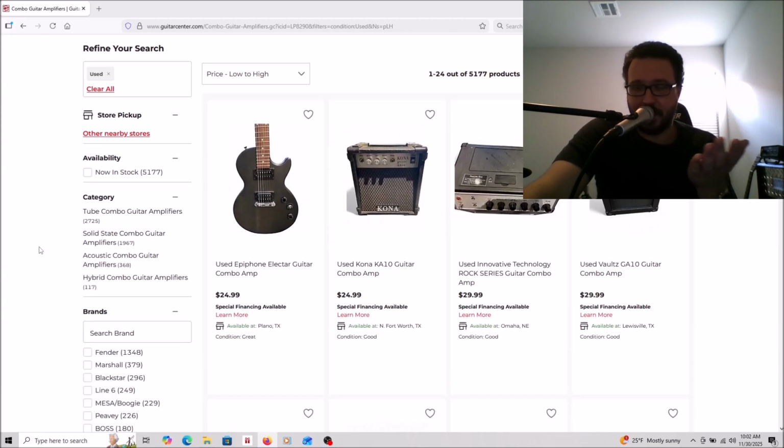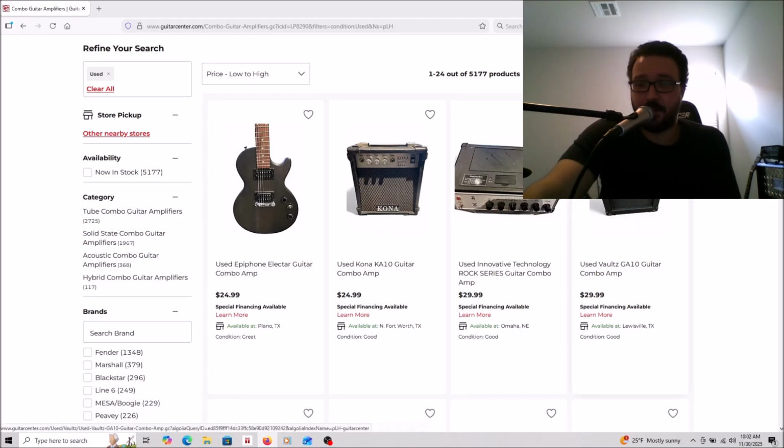And it'll save a lot of time versus checking a bunch of other websites or Reverb or whatever. There's going to be probably similar products. Guitar Center takes a lot of used gear on trade-ins or just buys it, so there should be good options here. For the new amp at $100, it was a Marshall MG15, which has a single 8-inch speaker. It's a little combo. And in that video I said that I would probably get that amp, but just get it used